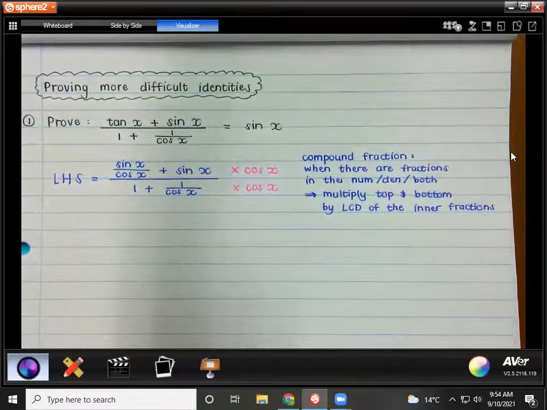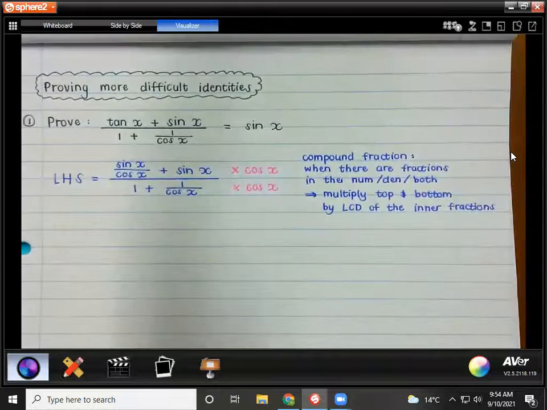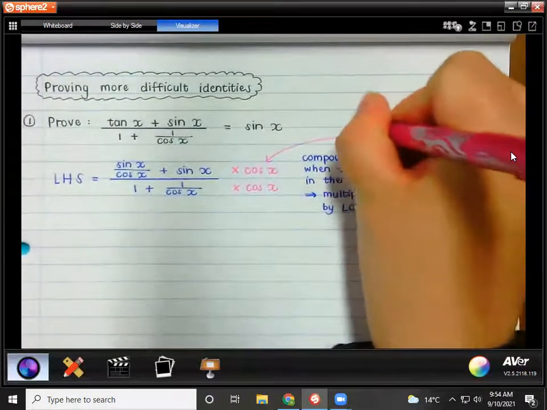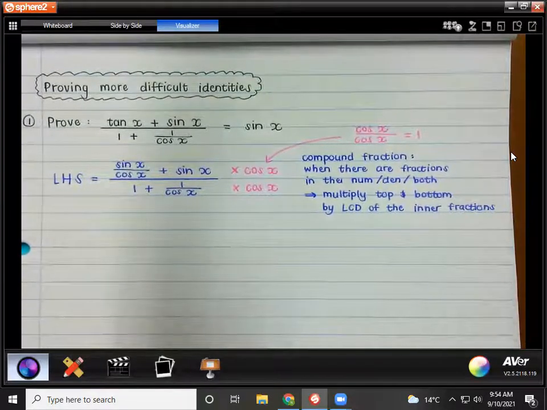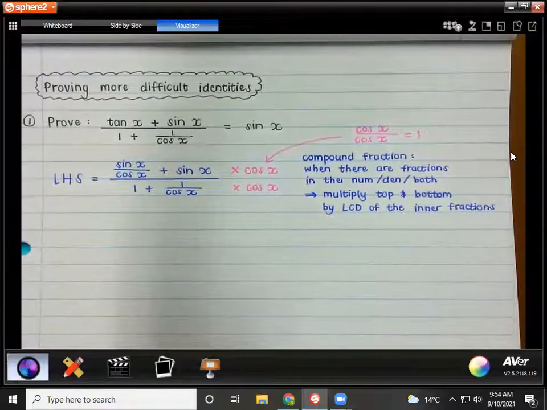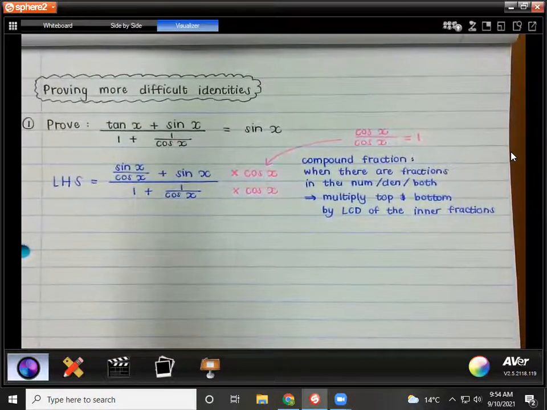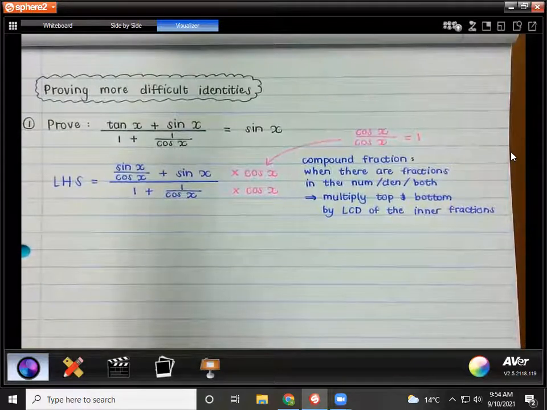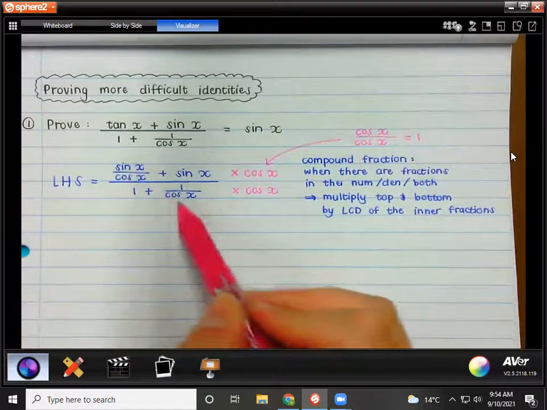Now guys, this is a trick because what I'm actually multiplying by is 1. What is cos x divided by cos x? 1. Hey, I'm deciding to multiply the top by cos x and I'm multiplying the bottom by cos x. But that actually is 1. Cos x over cos x is equal to 1. So by multiplying the top and the bottom by the same thing, I'm multiplying this fraction by 1. And guys, if you multiply something by 1, does that change the value of that thing? If you just think, what's 5 times 1? It's still 5, right? But we're multiplying by 1 in a clever way, all right? We're using a trick. Instead of just multiplying by 1, which isn't going to help us because we're going to get the same thing, I'm multiplying by 1 in such a way that it will actually cancel out these denominators